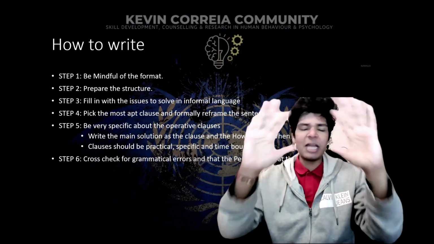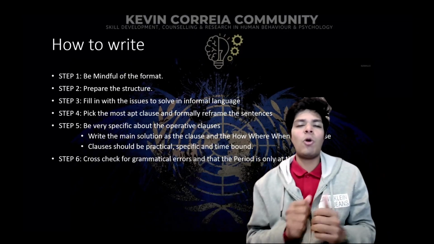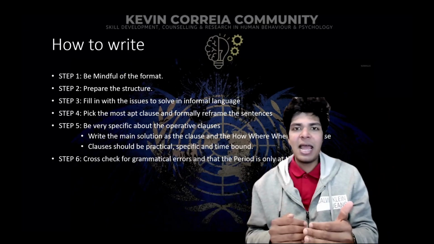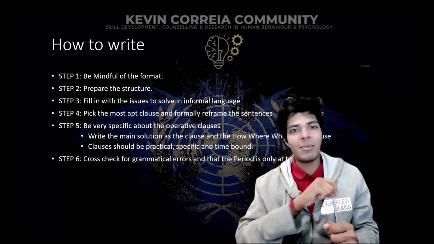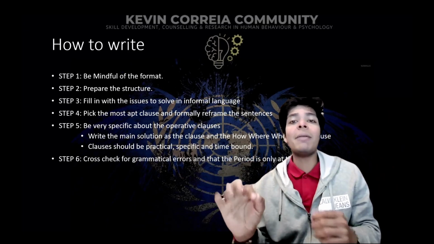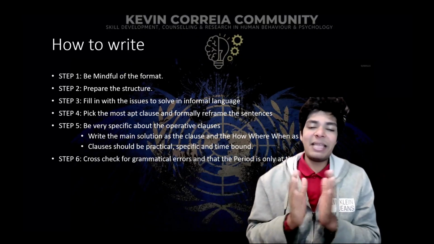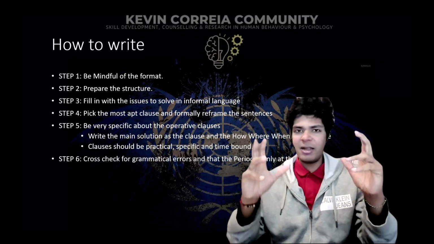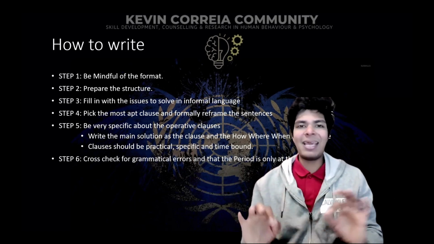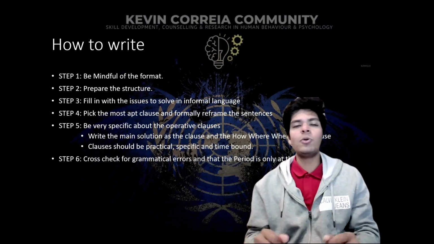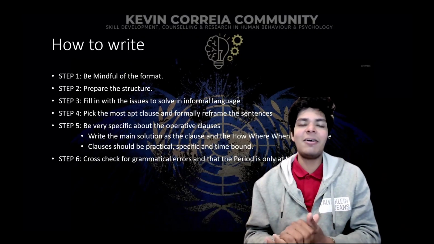And finally, once you're done making your entire draft resolution, that is where you go on to check for grammatical errors. Have you forgotten to put a semicolon somewhere? Have you forgotten to put a comma somewhere? Have you put a full stop by mistake somewhere? Because it's only allowed at the end, right? Therefore, once you've done this entire spell check and you've done your entire scrutiny that your entire document is spick and span, you go on to ratify it from your chairperson and introduce it to the entire house.